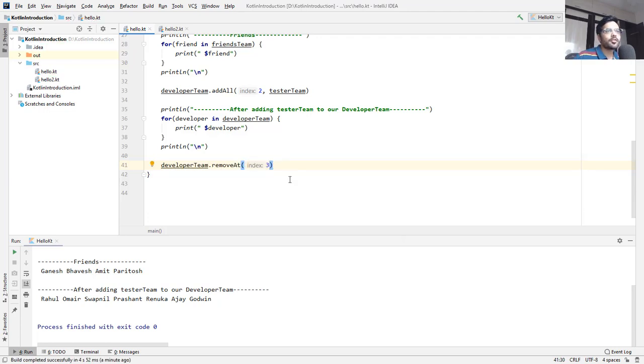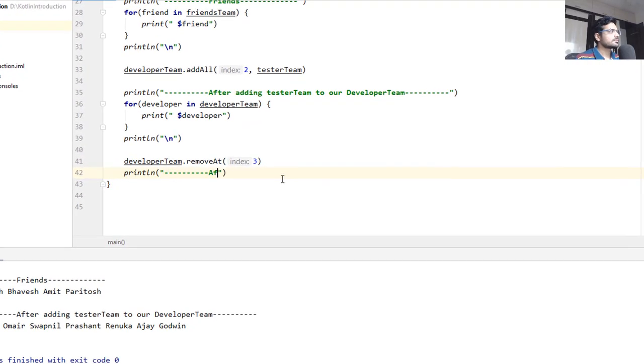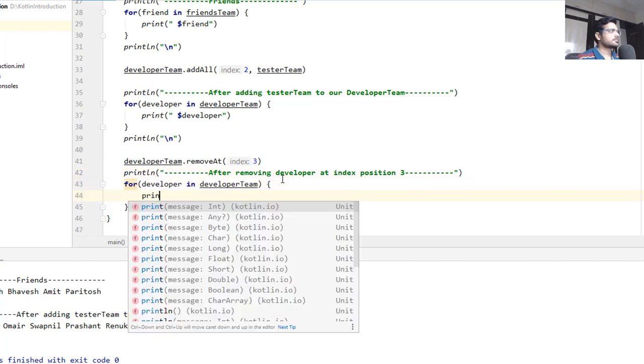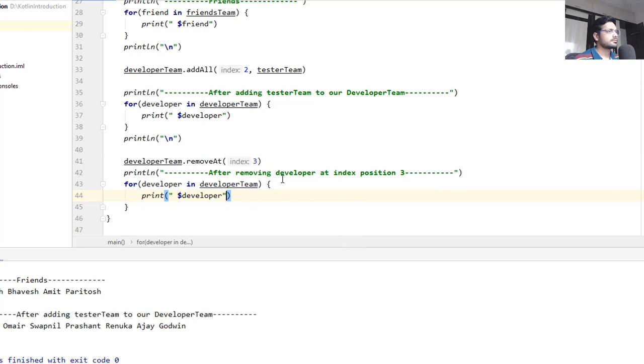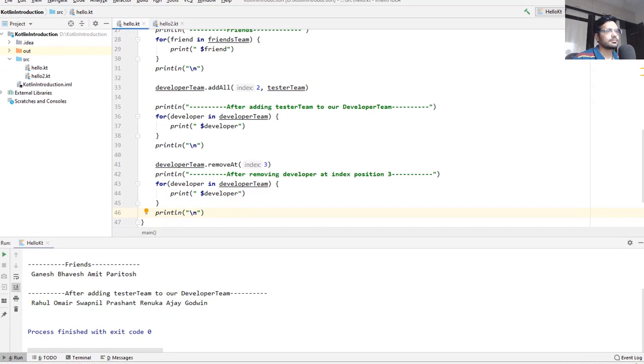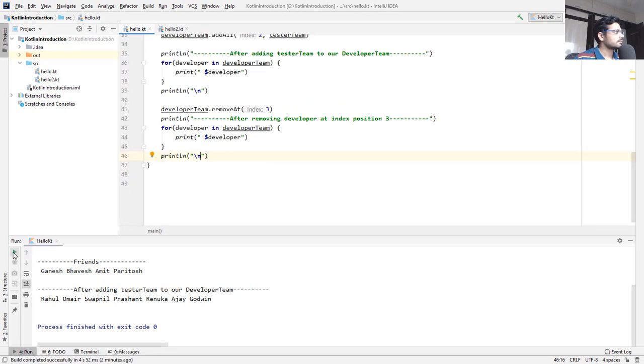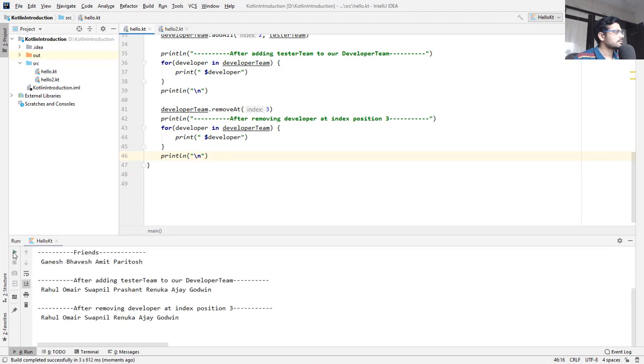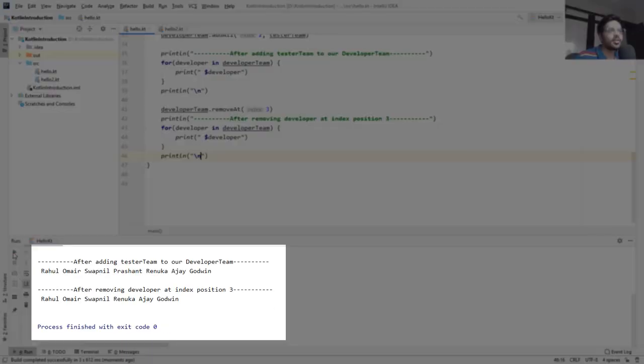Here we are removing developer from index position 3. As you can see, the developer Prashant is removed from the list.